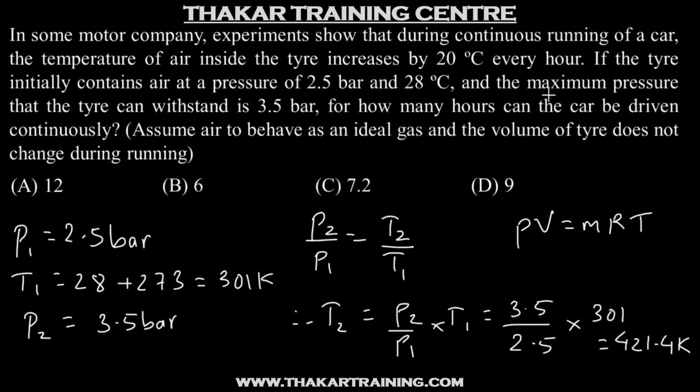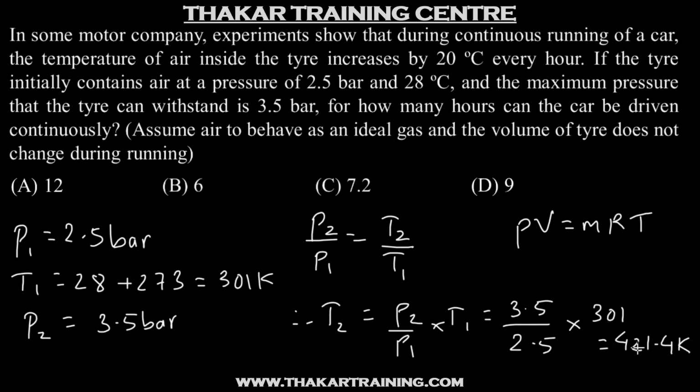It came from the condition that the maximum pressure that the tire can withstand is 3.5 bar. So the corresponding temperature that the air can take is 421.4 Kelvin. And the question is saying that the temperature increases by 20 degrees every hour. So an increase of 20 degrees centigrade is the same as an increase of 20 Kelvin. So knowing the maximum temperature of air, we can find out how many hours it will take